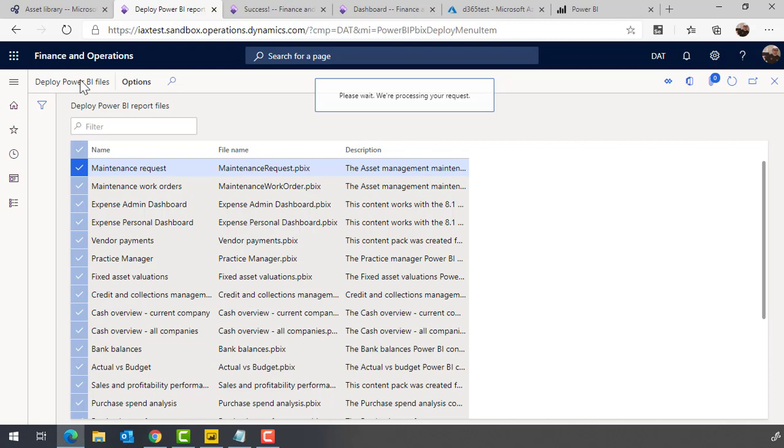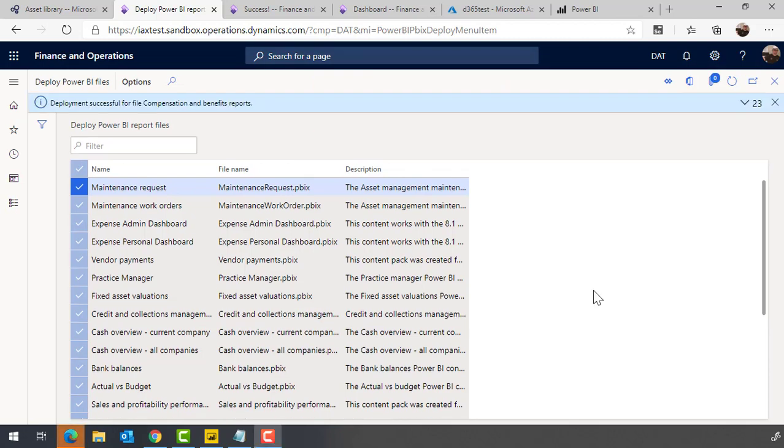This may take a few seconds, so please be patient until the reports have been deployed. The Power BI files have now been deployed,